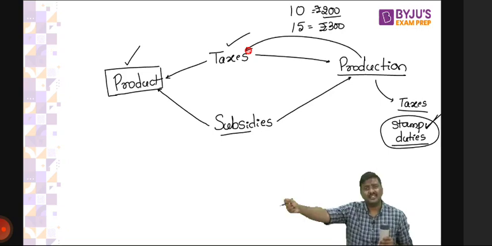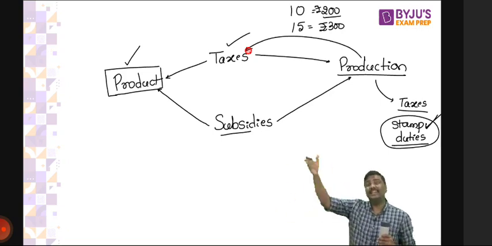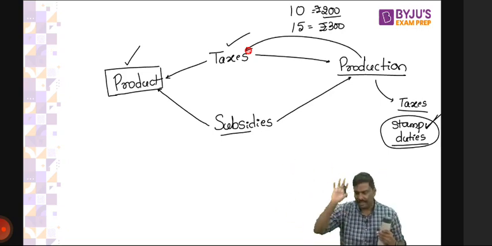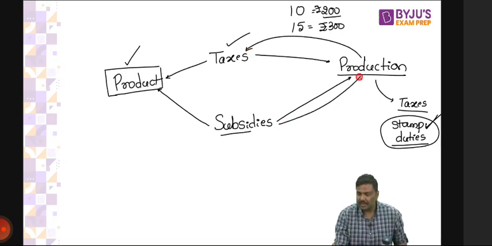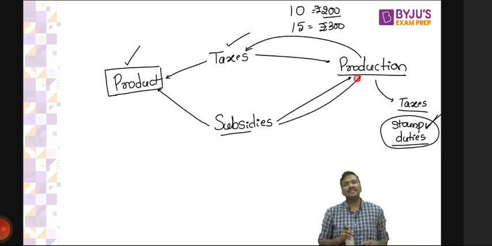Professional taxes are there, right? Stamp duties are there. Electricity taxes are there. There are so many taxes that the manufacturers will end up paying. And finally, production subsidies. What is this idea of a production subsidy? Have a look at this.